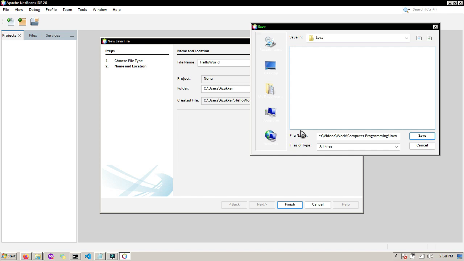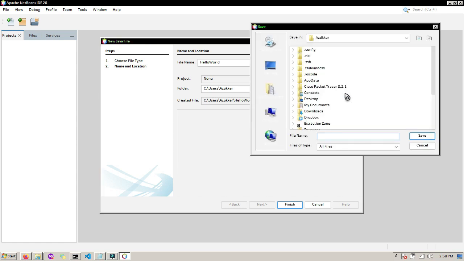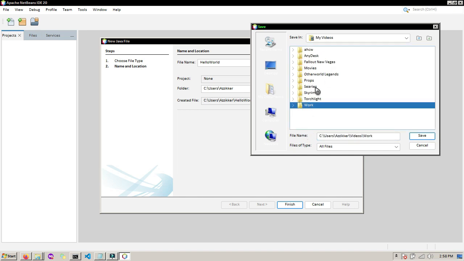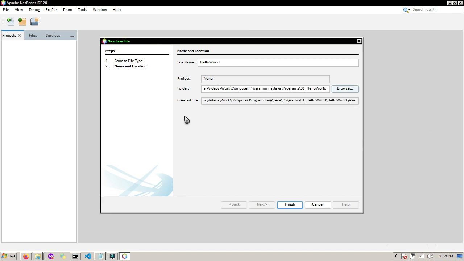Now that we have the program, let's reopen it, and then we're going to locate the folder we created earlier. Okay. Then let's click finish.